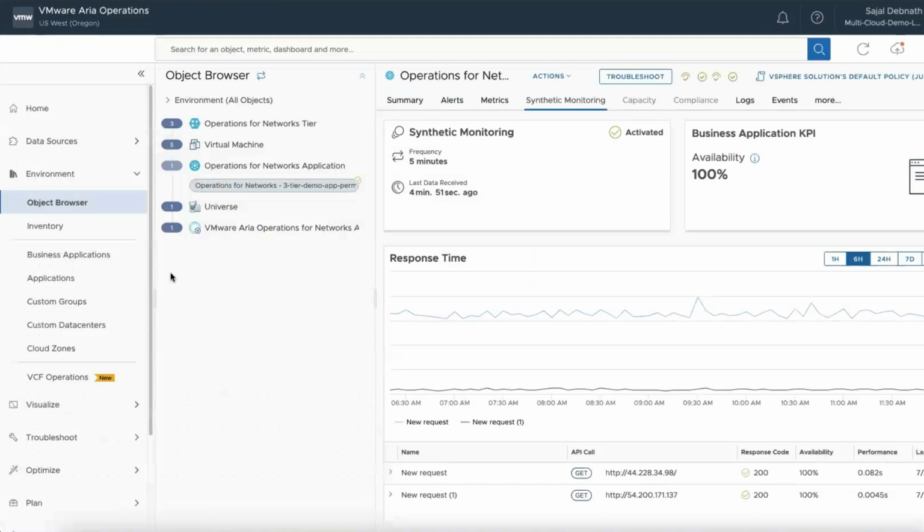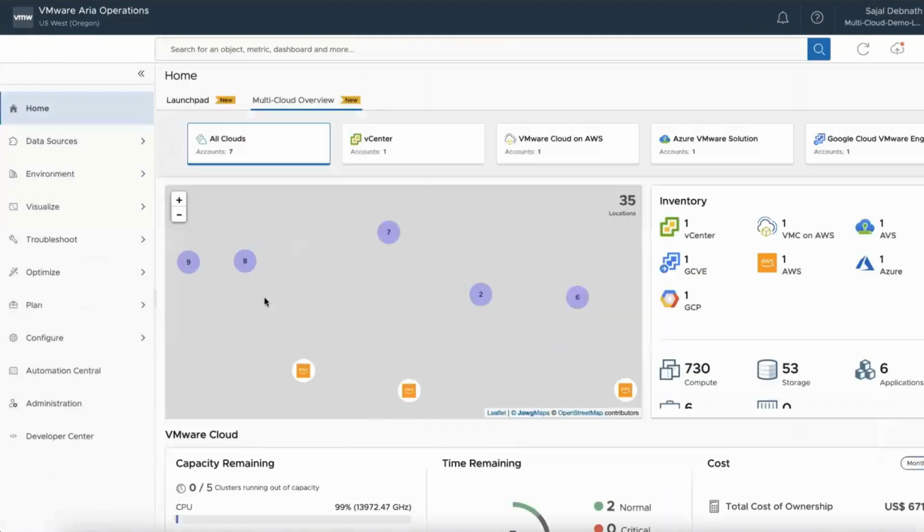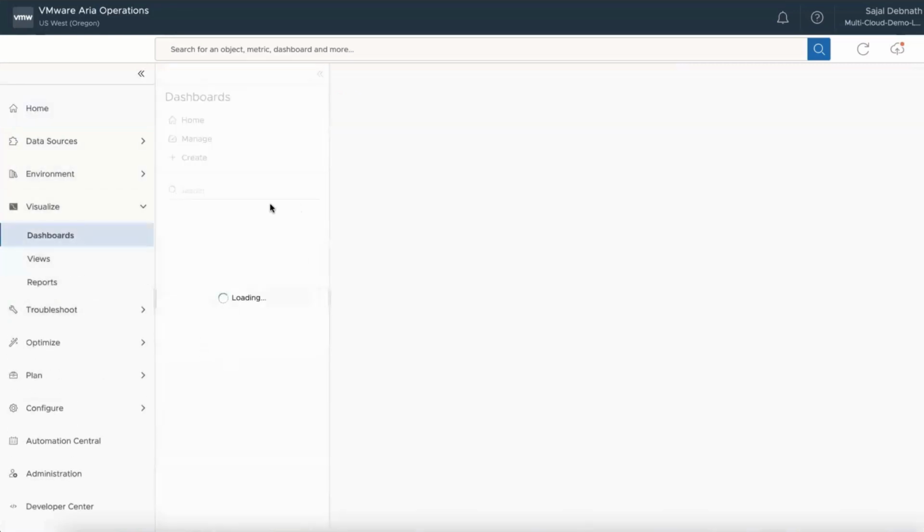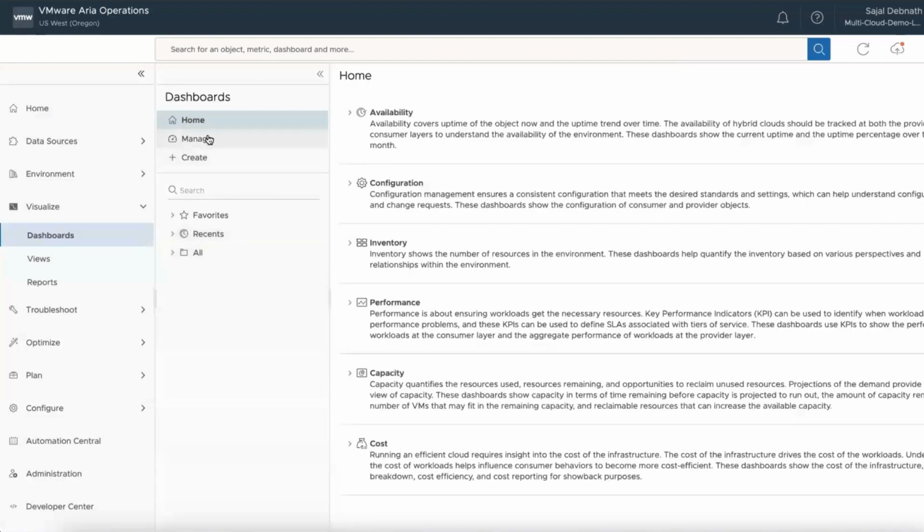Exactly. So that's where DevOps comes in, right? Yeah. So DevOps is much more important. I mean, deployment is important, but DevOps operations is much more headache for everyone. Yes. So I can monitor that environment in operations. Typically, we utilize these operations for visualizing how my environment is performing and all of that.